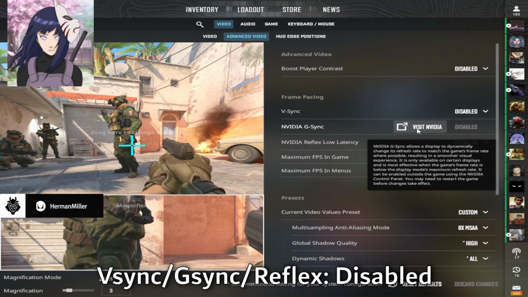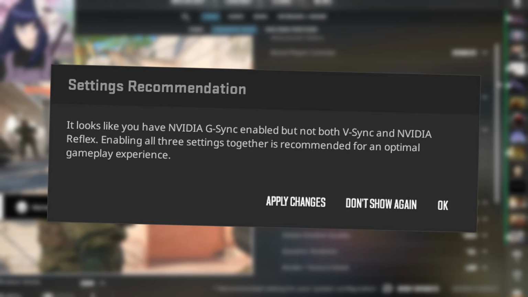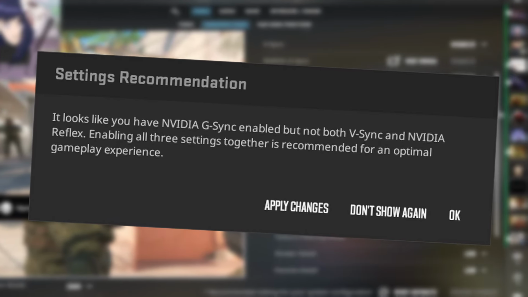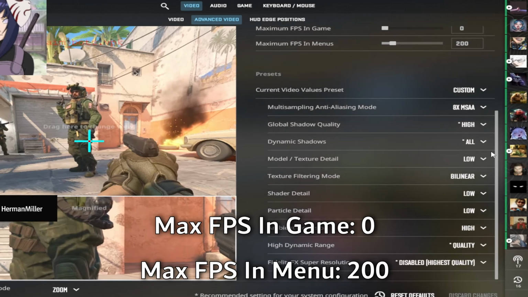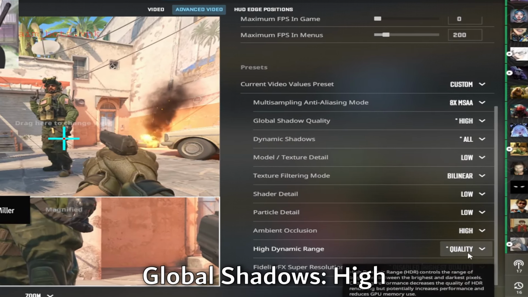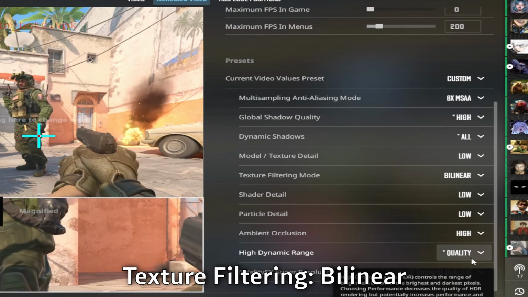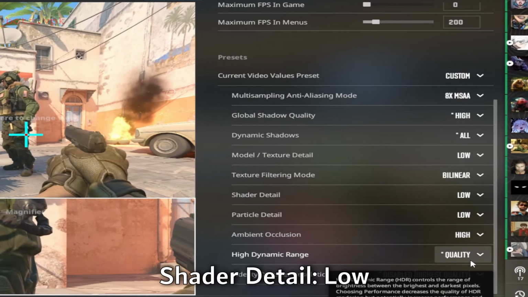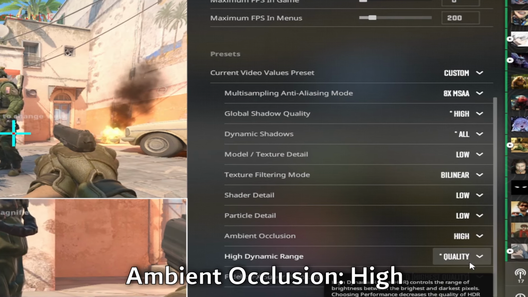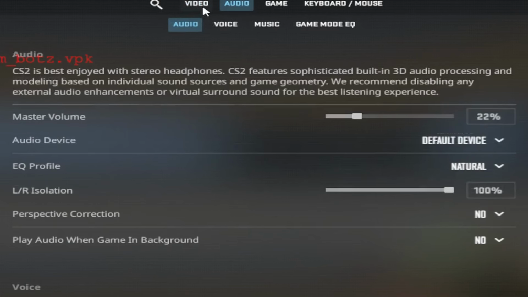Vsync, G-Sync, and reflex are off, so while Valve recommends it for casual players, pros seem to not be using that combo. Max FPS 0 and 200, 8x MSAA, high global shadows, all dynamic shadows, low models, bilinear instead of donk's trilinear, low, high ambient occlusion, quality, and disabled highest quality, where m0NESY even gave us a look at his